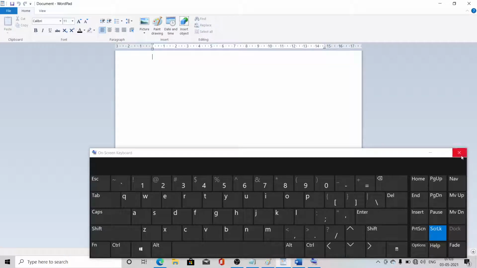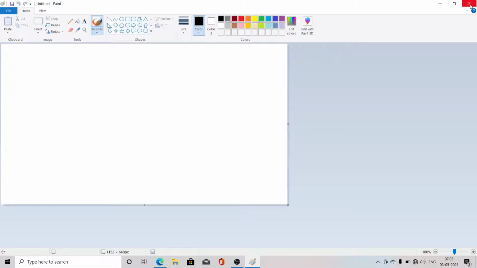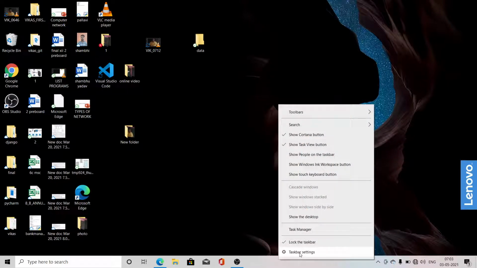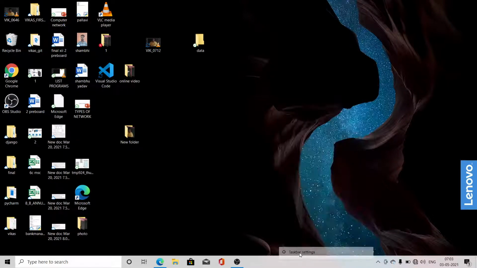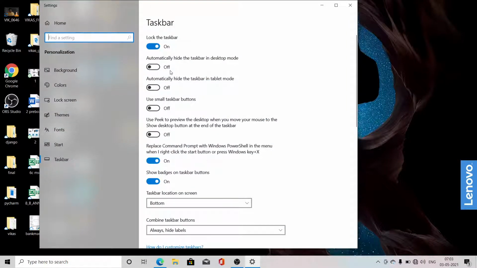So today we have seen, now we have a taskbar. With the taskbar we have a lot of options that we can use. You can click here and click on the taskbar settings, and look here, it is given lock the taskbar. If you want your taskbar to be permanently stable downside, so it can't be moved anywhere, you have to lock it, otherwise you turn it off.